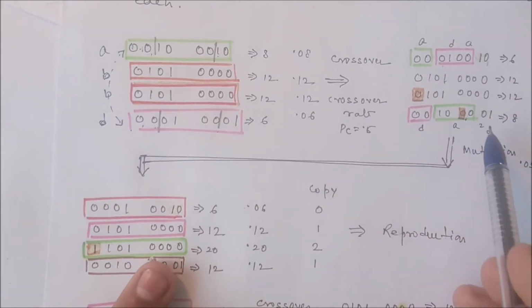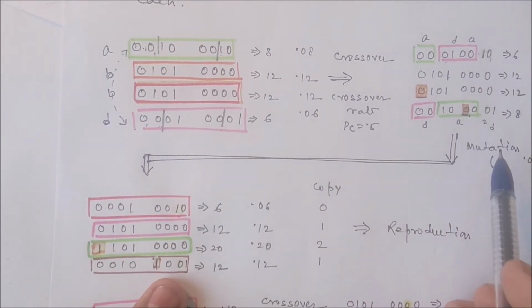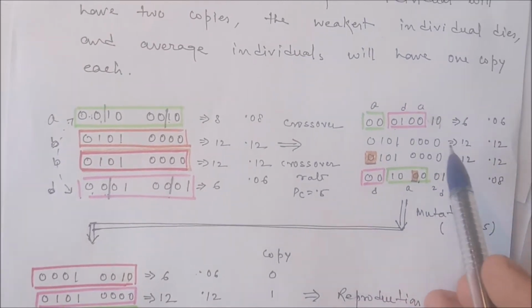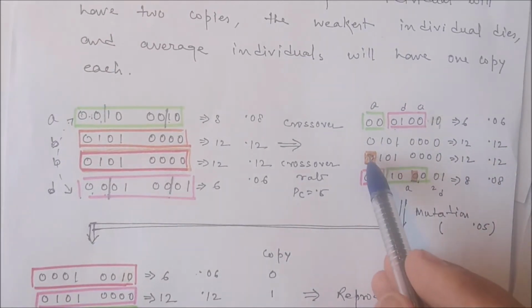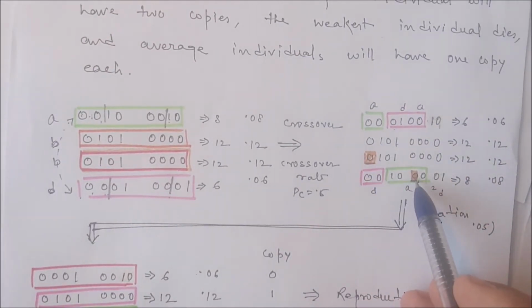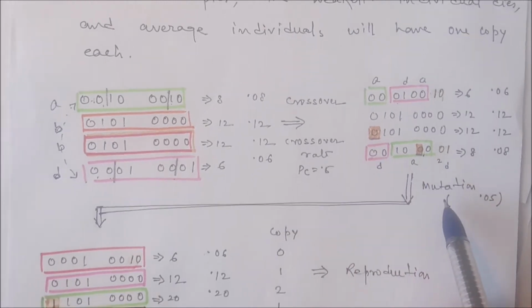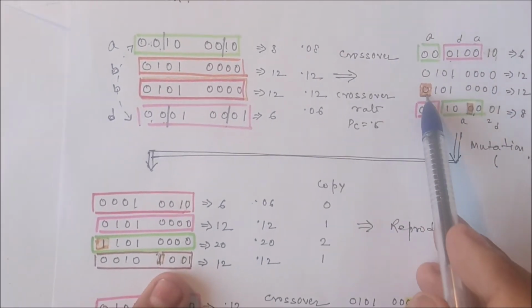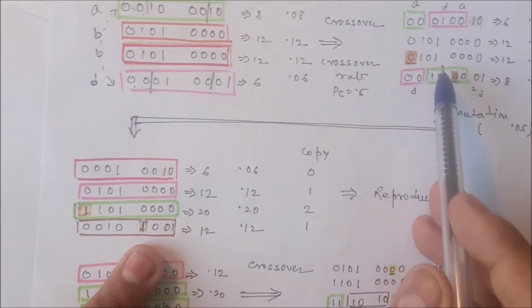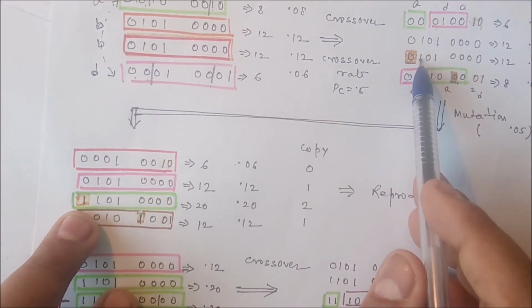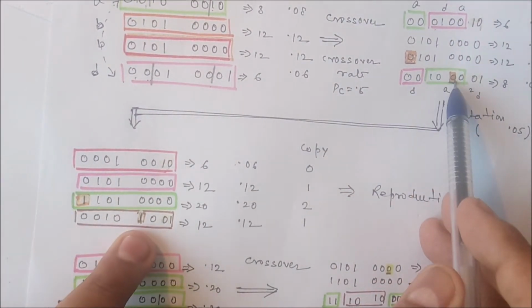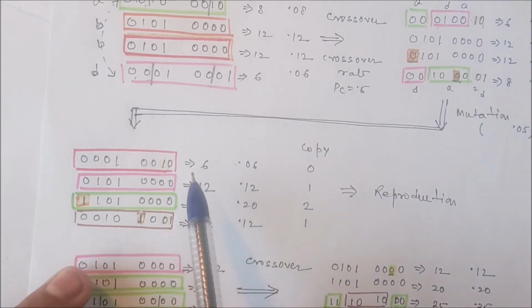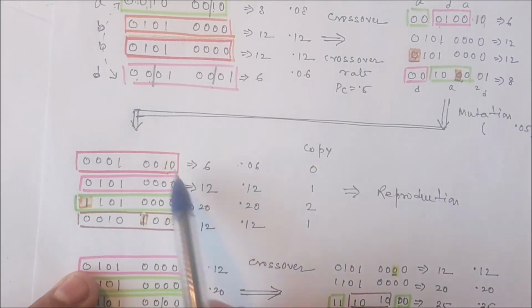After applying the crossover, we may apply the mutation. Now you can see, suppose randomly we have selected this particular point and this particular point to alter, to convert. Now here we apply the mutation. So now this particular 0 will be 1 here, and this particular 0 will be 1 here. So these are the chromosomes after the mutation.